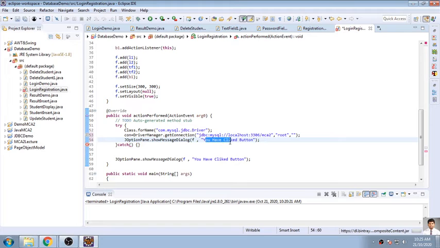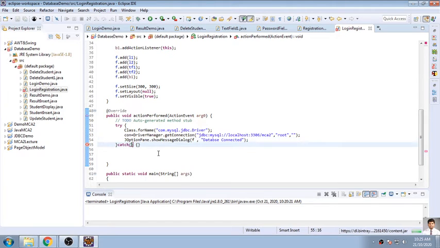I am removing this one and we'll check if the database is connected. Here I want to catch some exception, so I will write Exception e, that's it. So the error will be removed. I will run this program and check whether the database is getting connected or not.